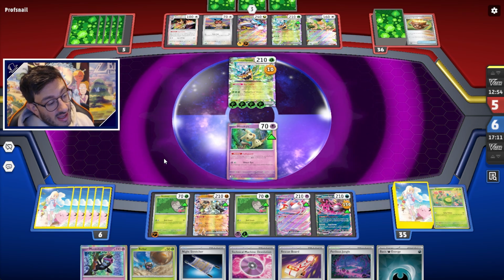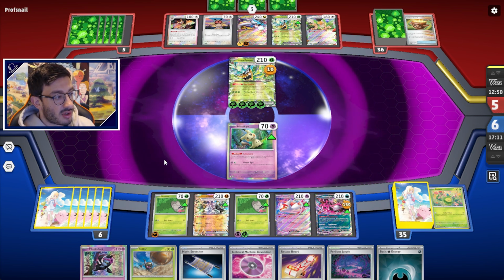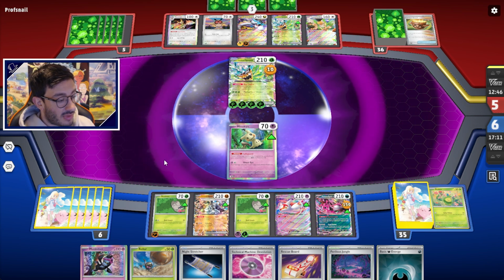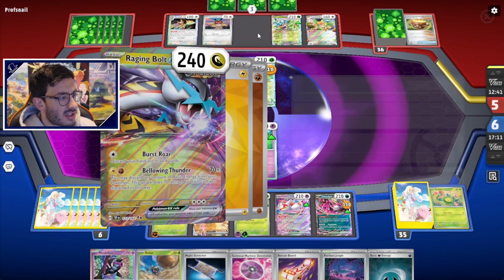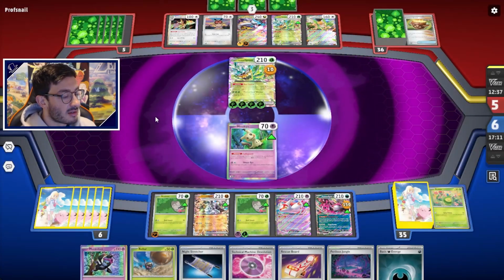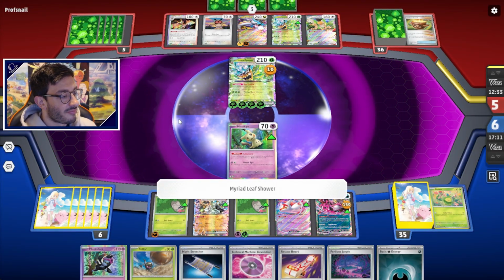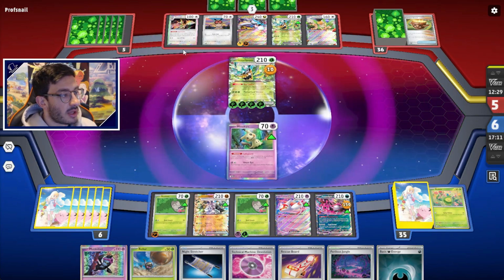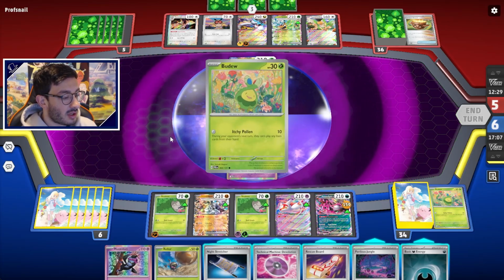So if we get an Accelgor, then we can actually start doing something, start putting some damage on there. And if they somehow knock out the Mimikyu as well, surprisingly, instead of putting the energy on Raging Bolt, why didn't they just put it on Noctowl instead, to try and get past the Mimikyu? Alright, okay. It only does 60 damage anyway, and then if we had an Accelgor, we can...